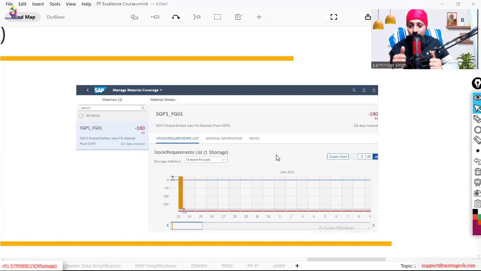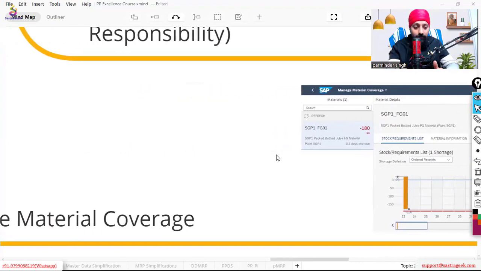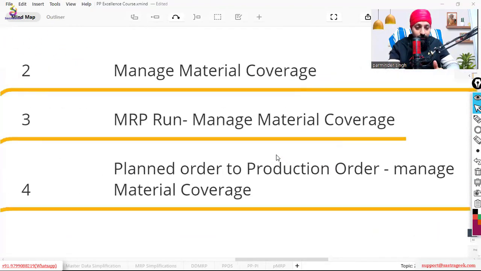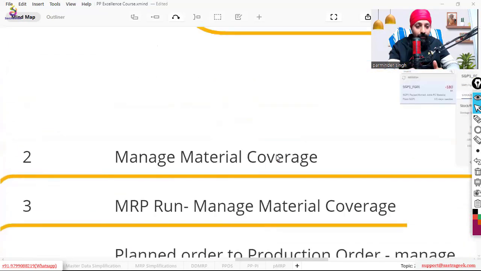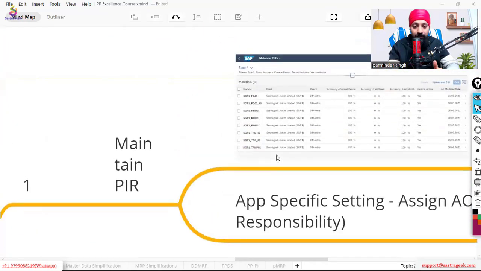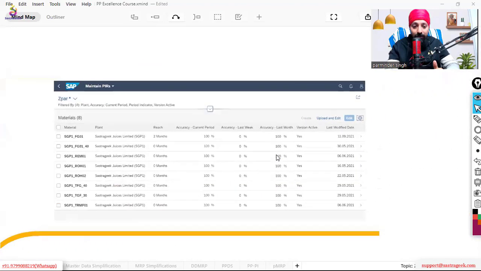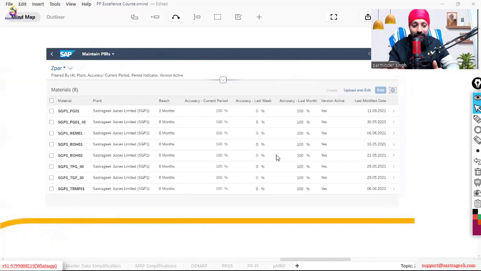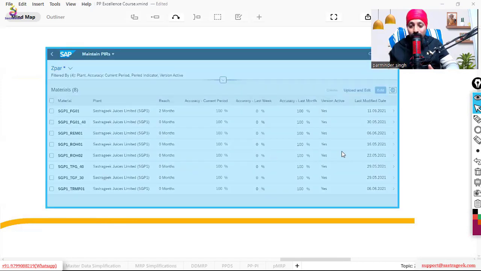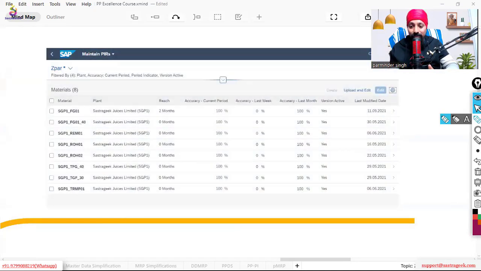Now, I have not covered here, I think I have covered or not, let me check. The plant independent requirement I have not covered. There's also the maintain PIR application. So the first thing would be maintain PIR, plant independent requirement, MD61, which we use, right? You would be able to do that with the Fiori applications. We'll go into detail, but this is a very innovative Fiori application. It also gives you analytics, that is, what is the forecast which you have done and what is the accuracy of the forecast in the last week, last month,